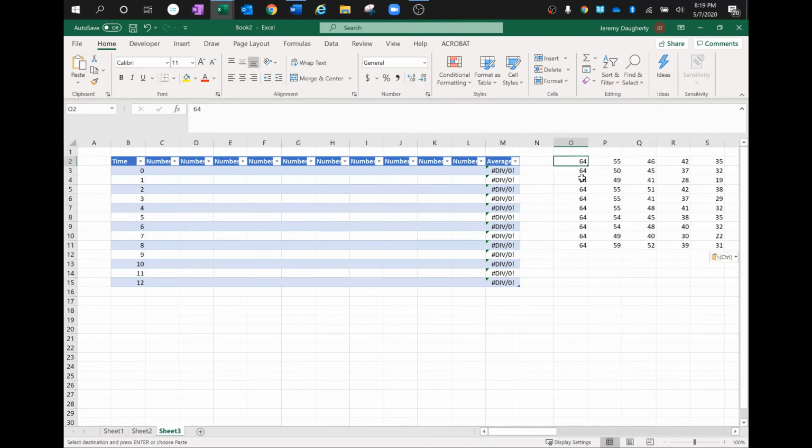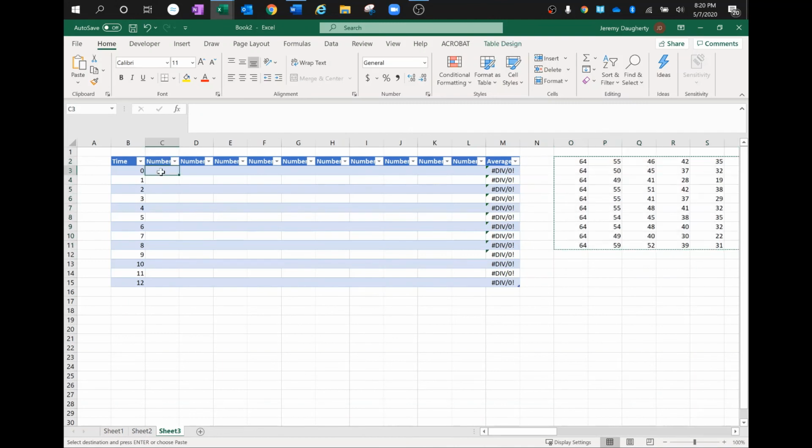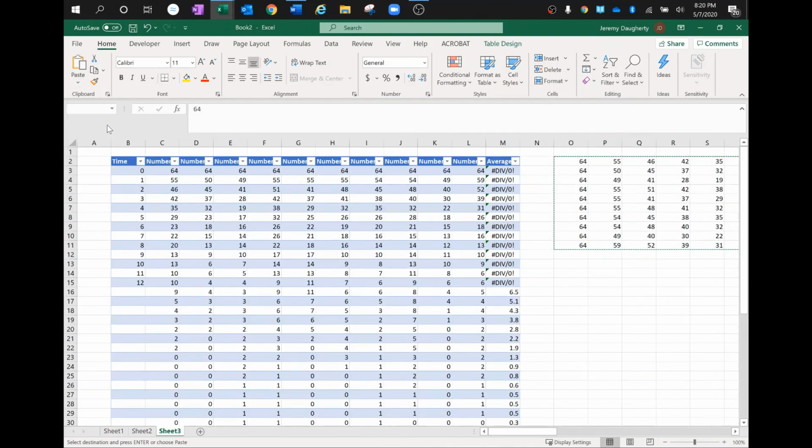Okay, now we're going to highlight all of these, and we're going to transpose them again. So again, how do we do that? I've clicked up here at the top of the data. Shift Control down arrow key. Shift Control right arrow key. And that's going to highlight all my data. Okay, so I'm going to hit Control C. That's going to copy it, and then we want to transpose that. All right, so I'm going to hit the paste, and then the arrows right there, and transpose it, and there